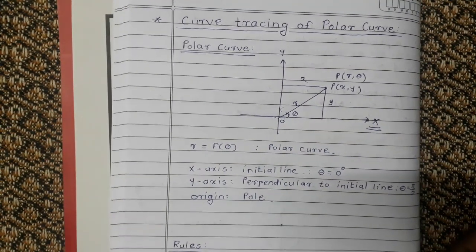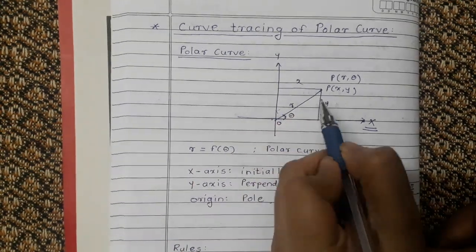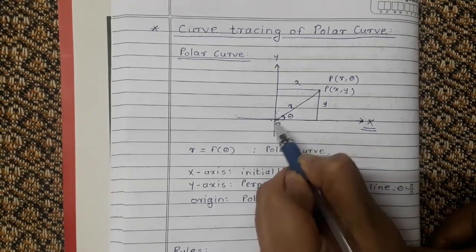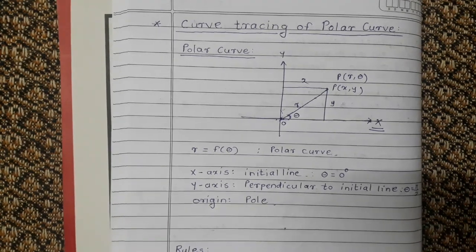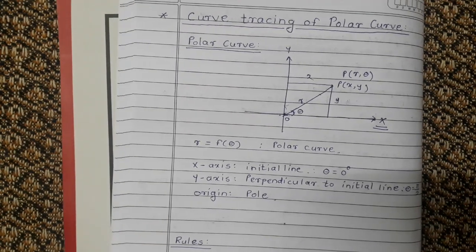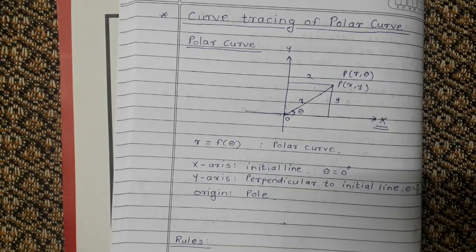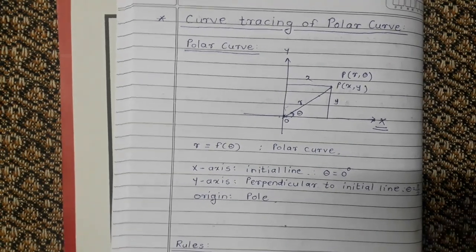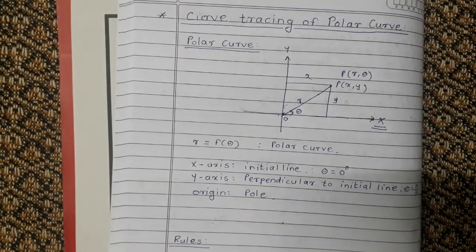So when I'm saying that the curve is passing through the origin, in that case what will be r? See, when you reduce r like this, like this, like this, r is tending towards 0. So when r becomes 0, the given curve will pass through the origin. So when I want to check whether the given curve is passing through the origin or not, we need to make r equal to 0, and suitably figure out theta, right? This is just an extra point, but just keep in mind these three notations, okay?